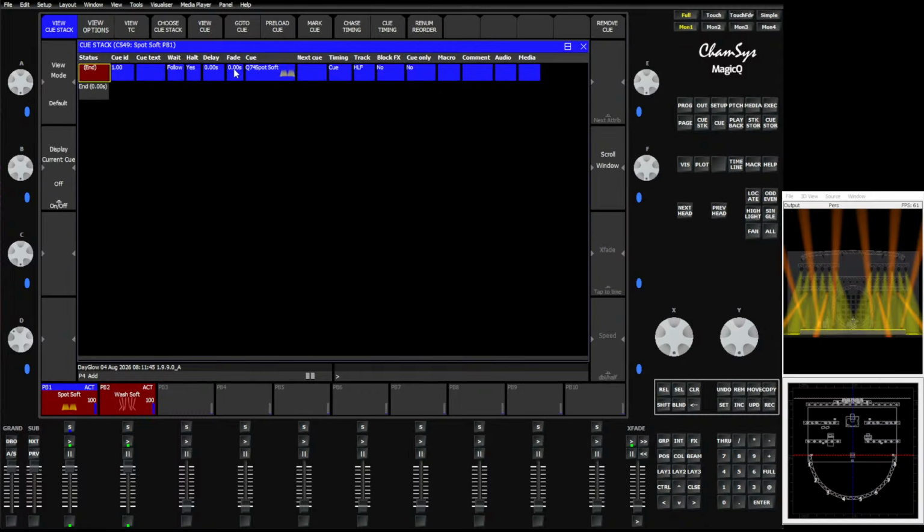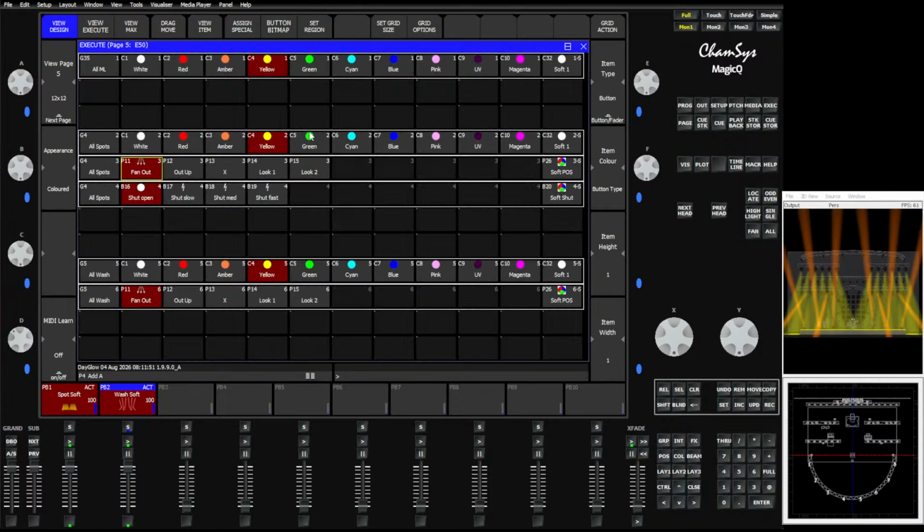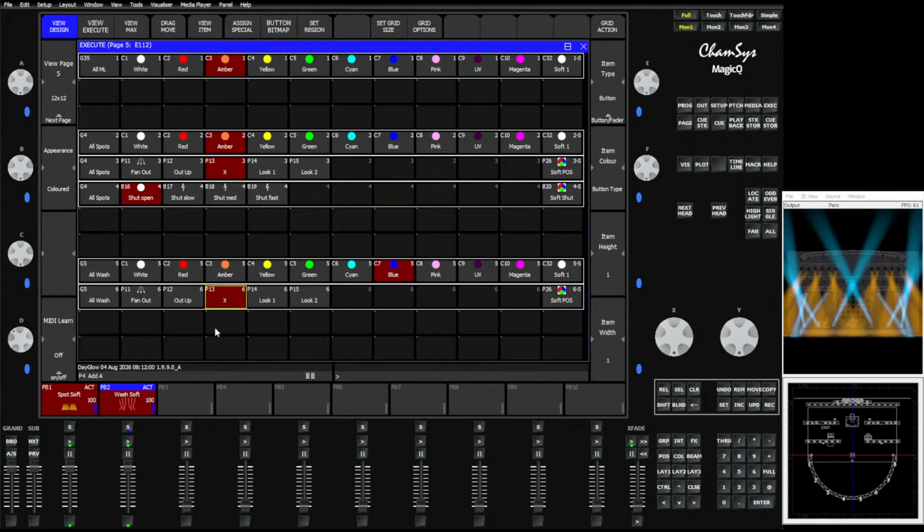So if I come in here and I put a 3-second fade on all of these, and we come in here and we pick a new color, you'll see that the color fades each one. If I pick a new position, position fades as well. Cool thing you can do with this is if you put a fade time on everything,